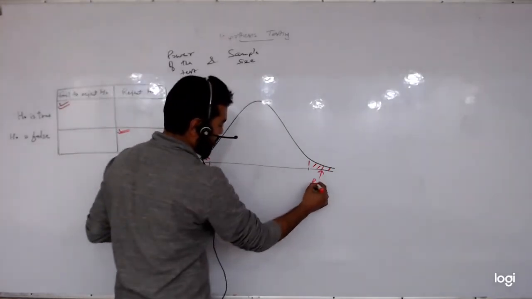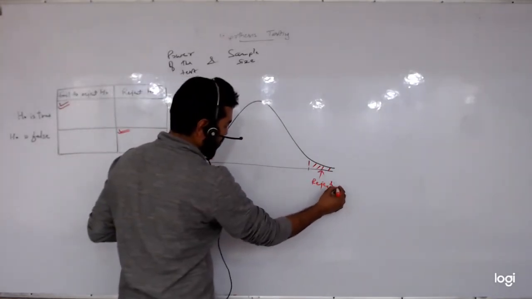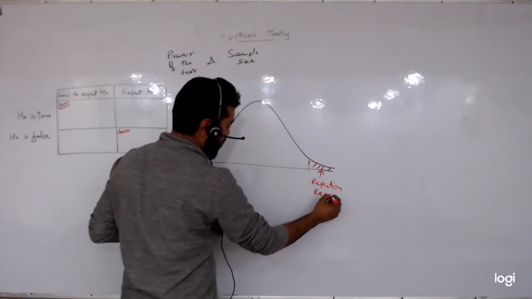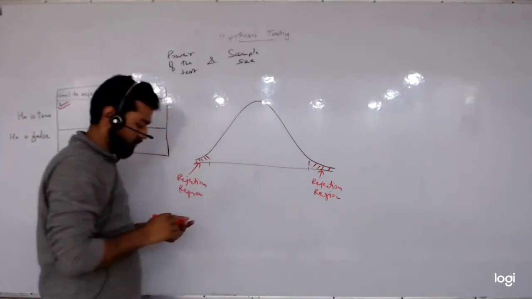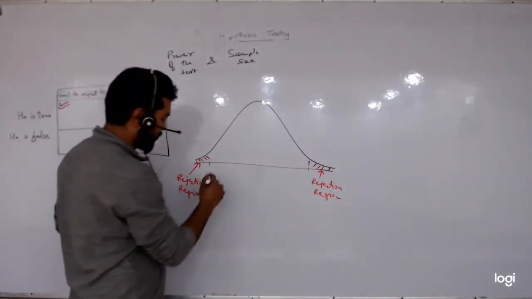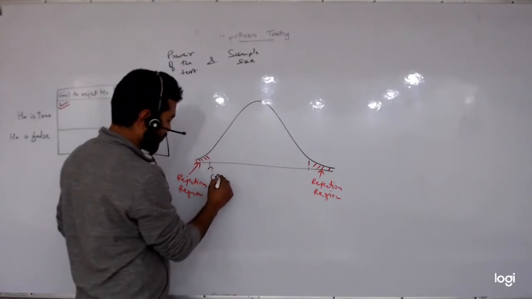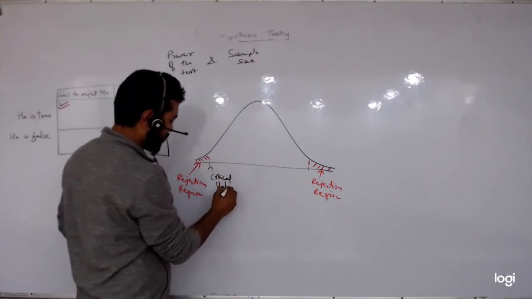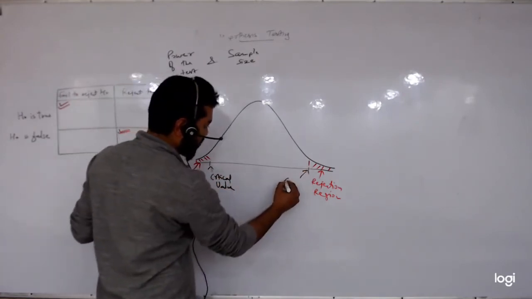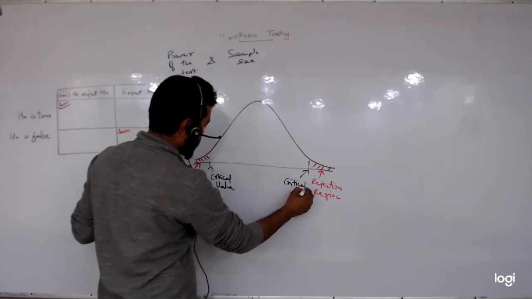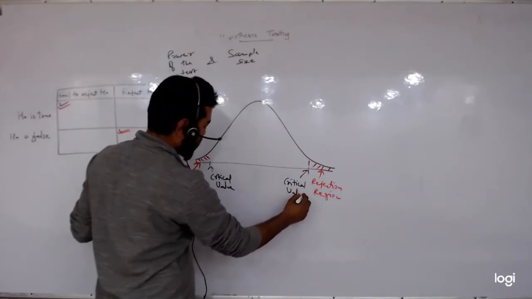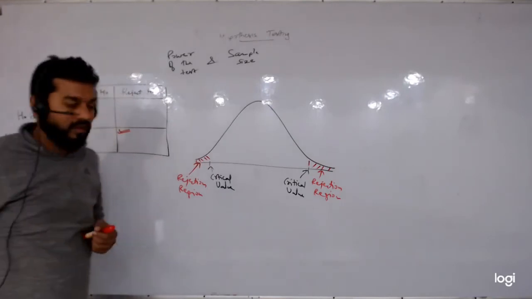Here also it's rejection region. Critical value, critical value. Okay,